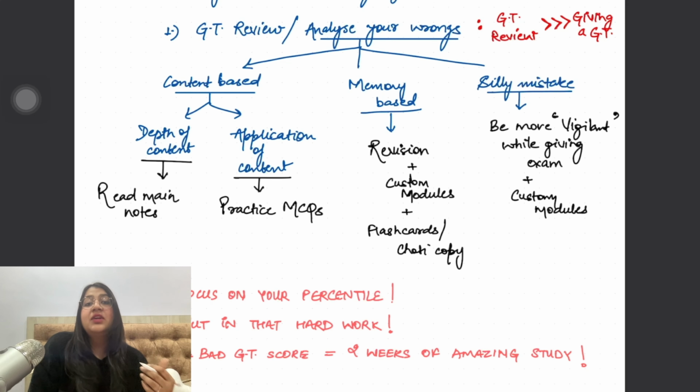Also you need to create, now is the time that you create your flashcards, your छोटी copy, your 20th copy, your sticky notes. तो जितनी भी volatile चीज़ें हैं उनको sticky notes में लिख के और एक wall पे अपने paste कर दो, या अपनी छोटी copy में note down कर लो. And lastly, you are doing silly mistakes. उसके लिए the answer is you need to just be more vigilant while giving the examination. Say to yourself that I will read the not correct, incorrect very vigilantly while giving the test.